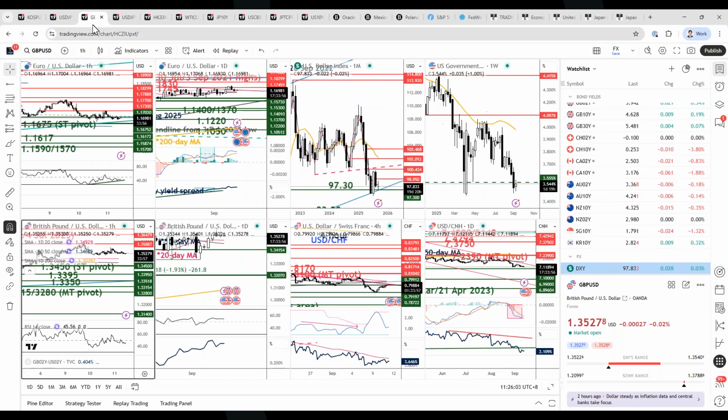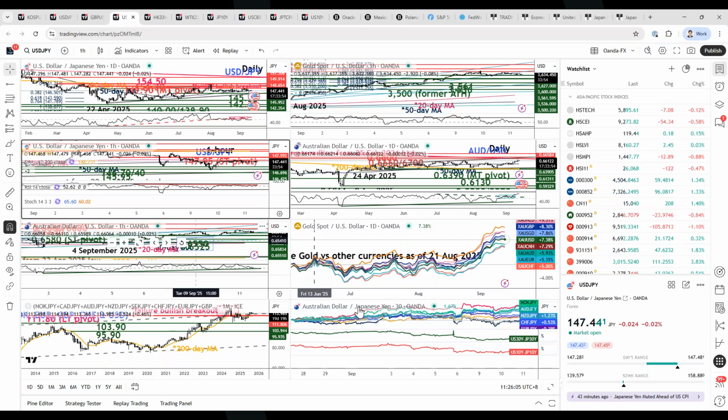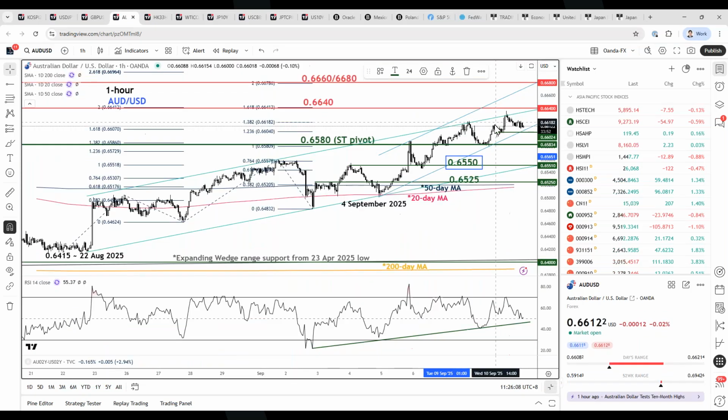Okay, next up will be the current outperformer, which is the Aussie dollar. So the Aussie dollar continues to trade in a bullish trend, and it's kind of an accelerated bullish trend after I drew this steeper minor ascending channel from the low of 4th of September. So right now, I will have a tighter short-term pivotal support at 0.6580 over here. Yesterday it hit the first resistance at 0.6640 and did a minor pullback over here,